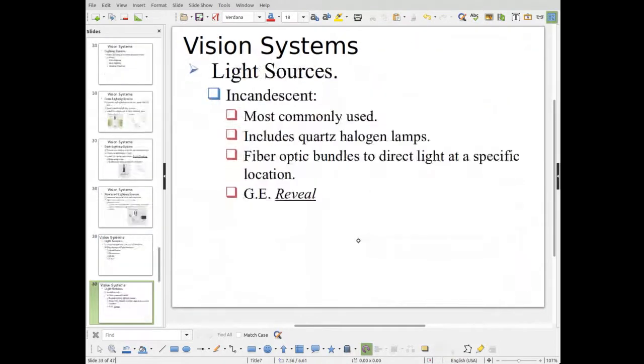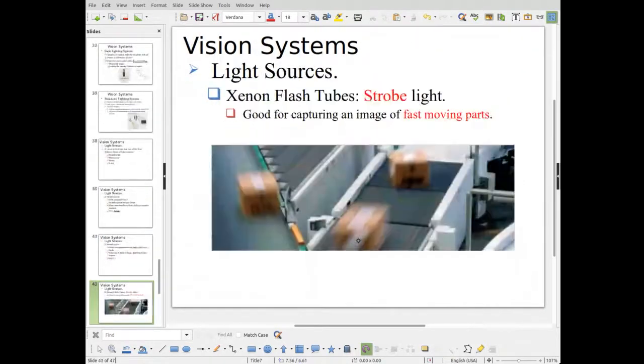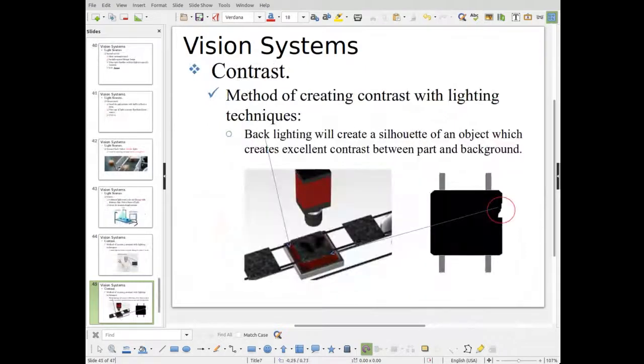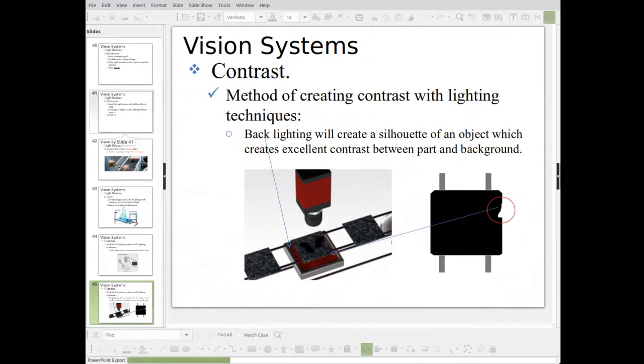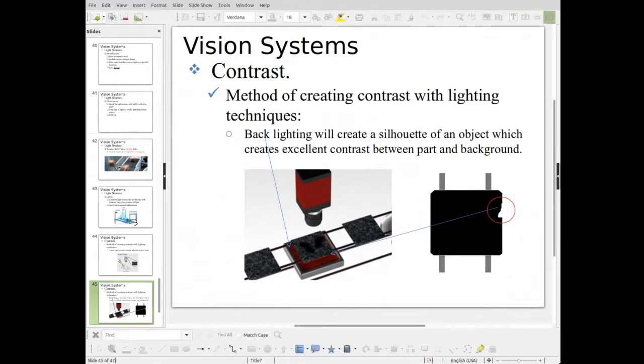All right, so that pretty much covers it for the vision systems. The other thing that I wanted to show you today, just very quickly, since we got a little bit of time, is to talk about barcodes. All right, and I know everybody's got to be familiar with barcodes. They've really been around for a long time, but they're